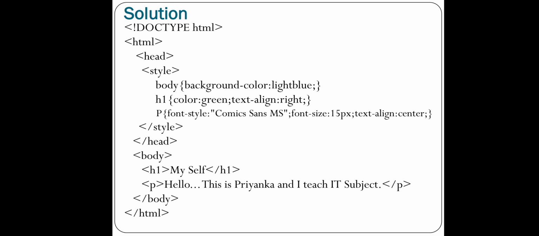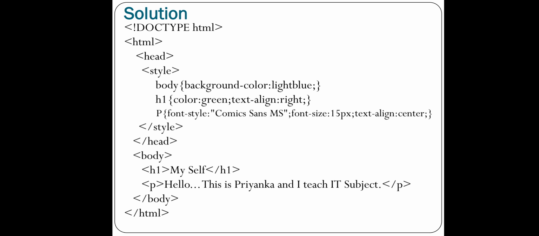So we have already discussed, we have to change the body, H1 and P tag, right? I hope it is clear. So what was the first expectation? That our whole web page should have a blue color. So if I want to change the background color, which property will I use? Background dash color, right? So what I have written, you can see the line after style, that is my selector.